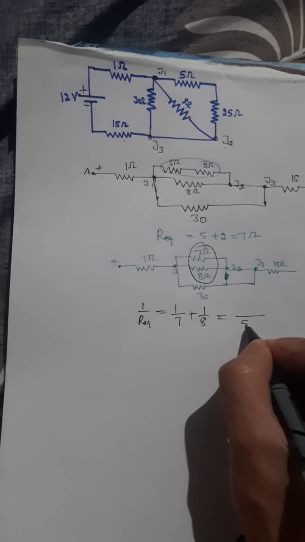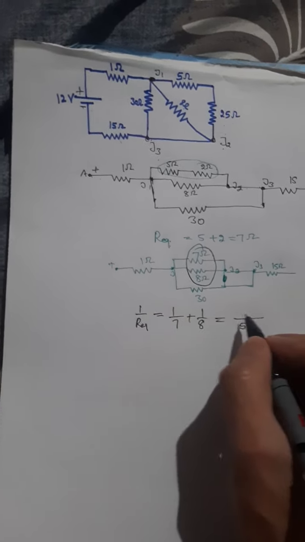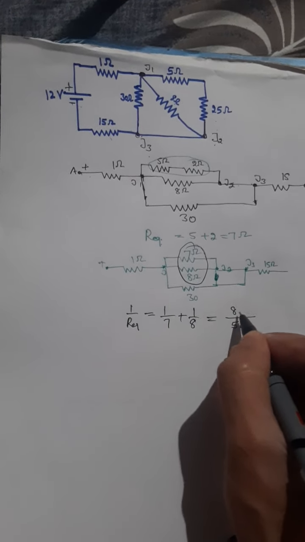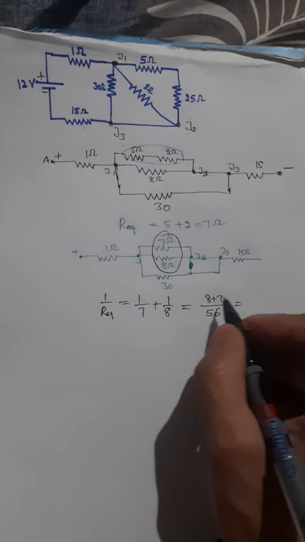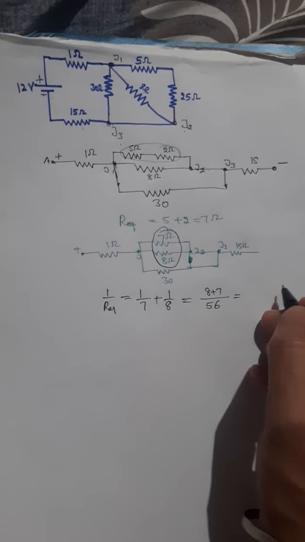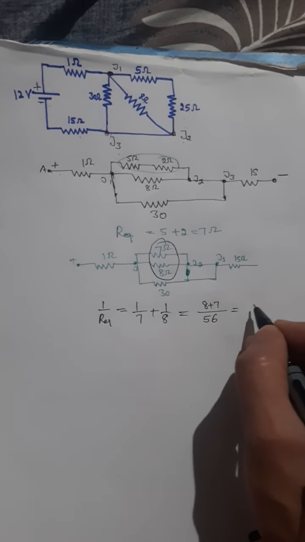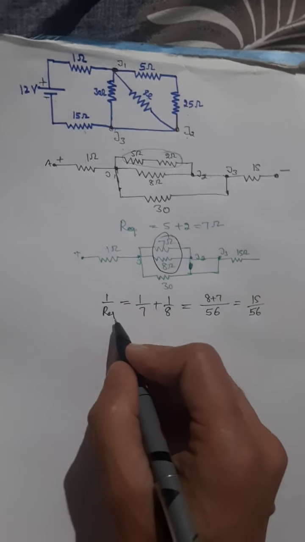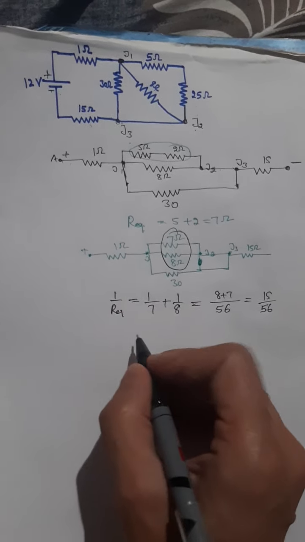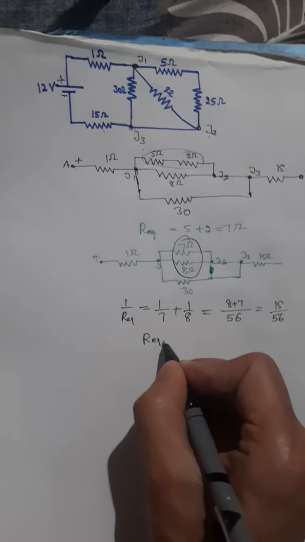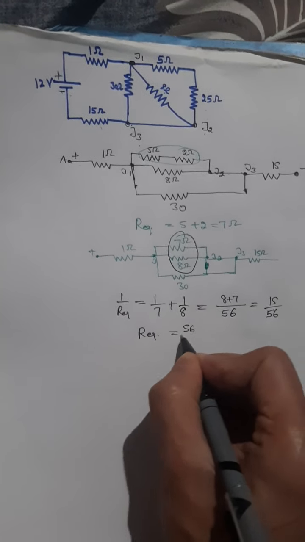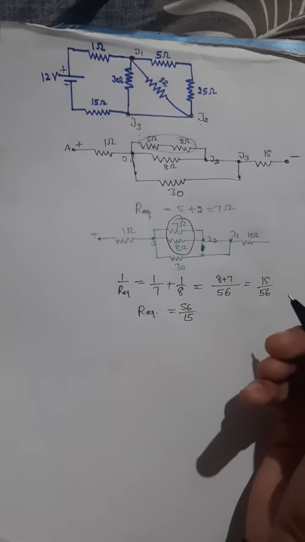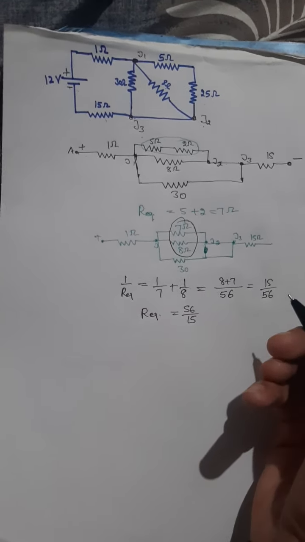LCM 56, 8 plus 7, this becomes 15 by 56. Reversing this value, R equivalent equals 56 by 15. Now the equivalent circuit of this diagram is: